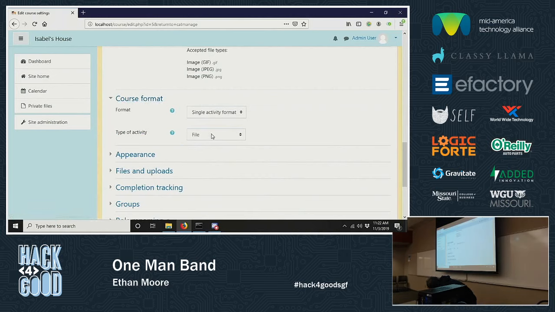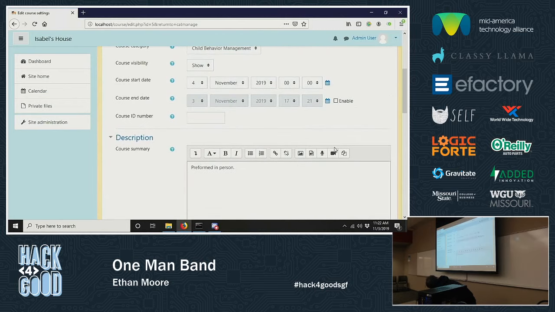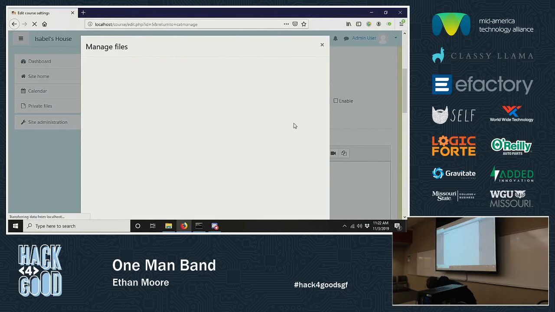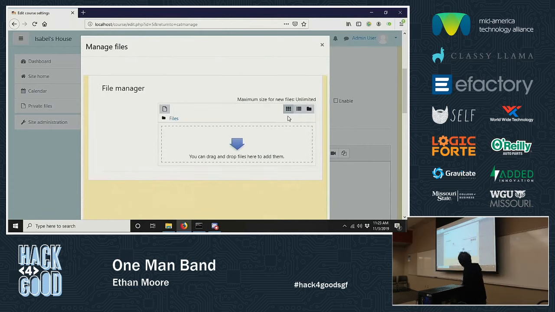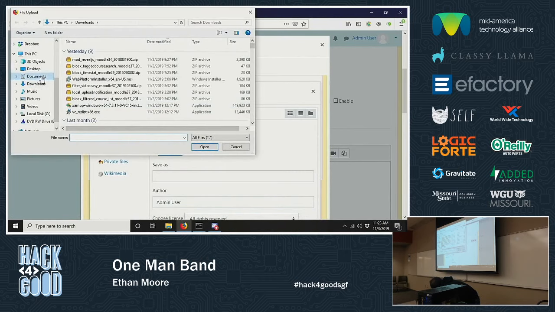Now here, if you want any kind of file added to your course as the main thing, you do file. However, you can add it to this course description up here through this. I'm not sure if I have any files on this one. I don't think so. Nope. But yeah, if you need to add a file to this description, let's just go through my documents